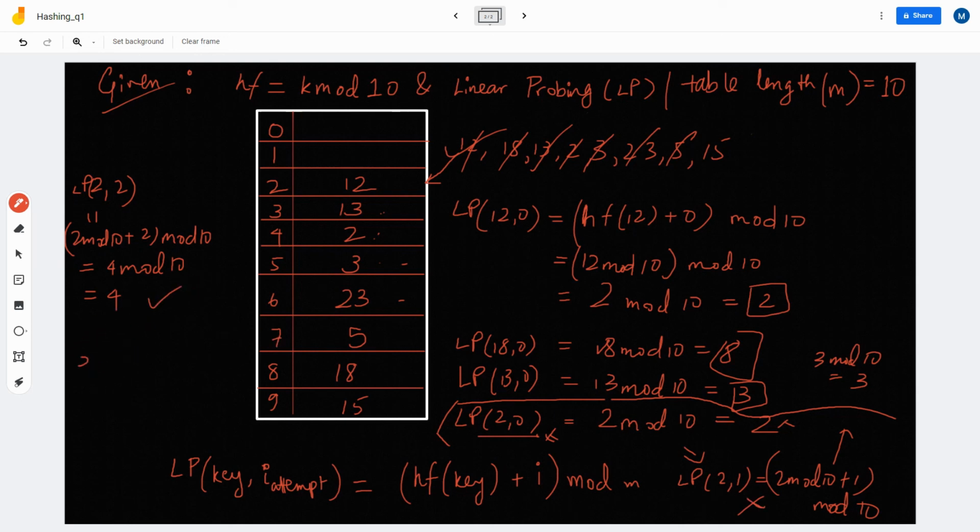So in total we did 3 attempts: 2 failed and only one passed. This failed attempt is called a collision. Just remember this. It might help you if they ask how many collisions happened in linear probing of 2.